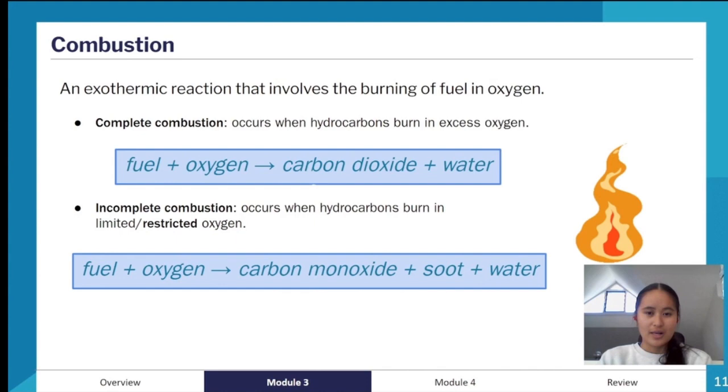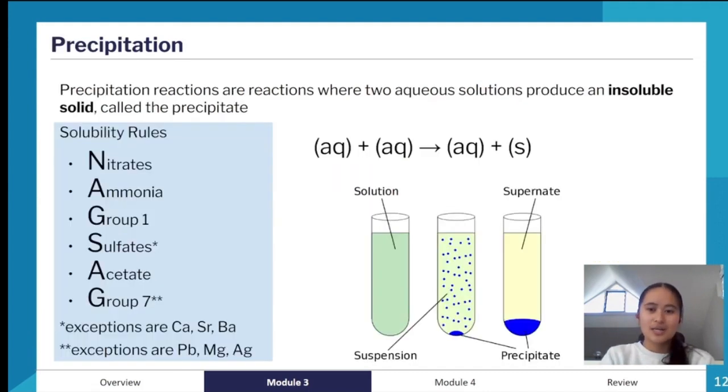So that's one reaction, and this is a very important reaction to remember because this comes up again in Year 12 and also in Module 4. So it's important to know this one. So the next one is another very important one because this comes up again in Year 12, and this is